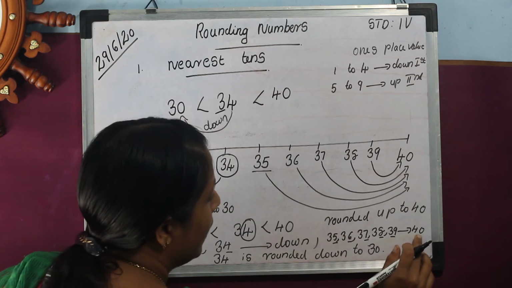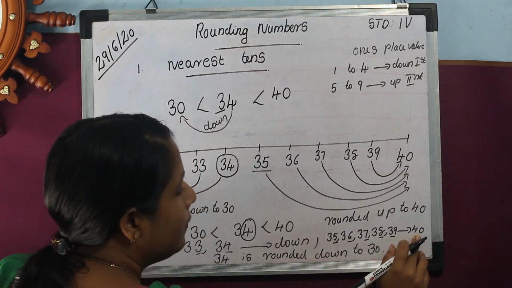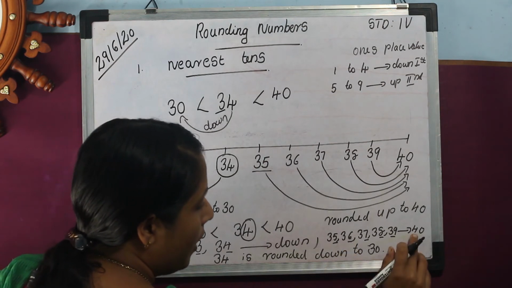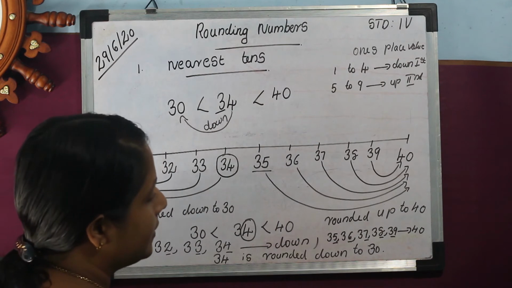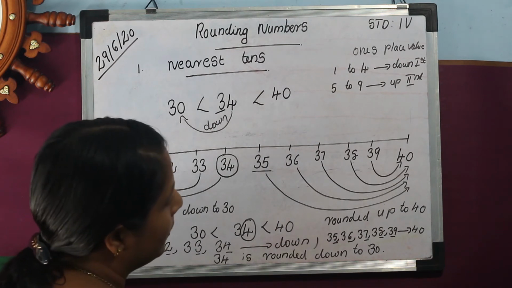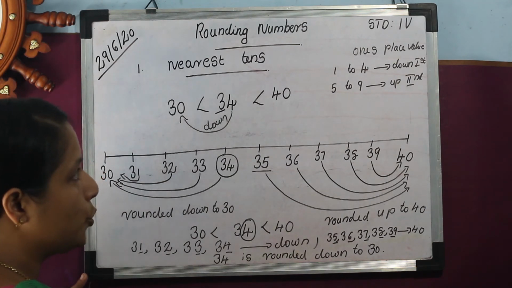These numbers are rounded up to the last number. That is the second number. So we get 40. 35 rounded up to 40. 36 rounded up to 40. Then 37, 38, 39 are also rounded up to 40. So our condition is that for the ones place value 1 to 4, that is 1, 2, 3, 4,